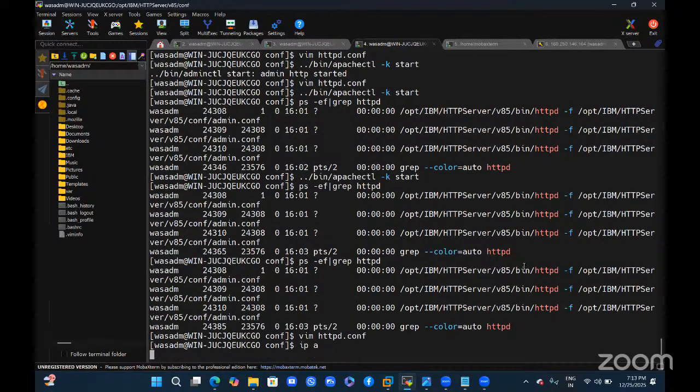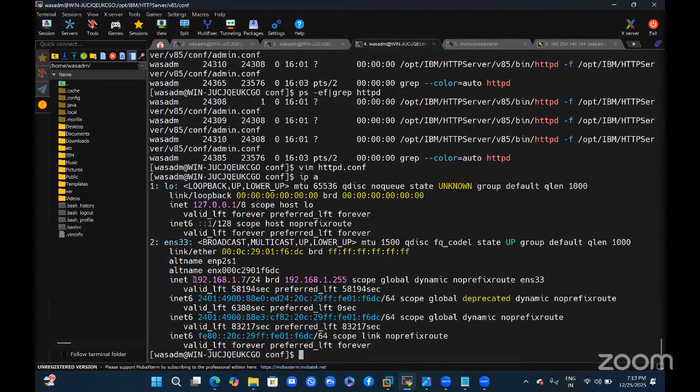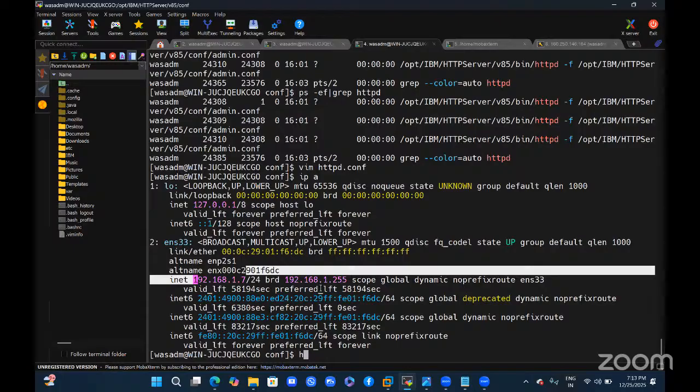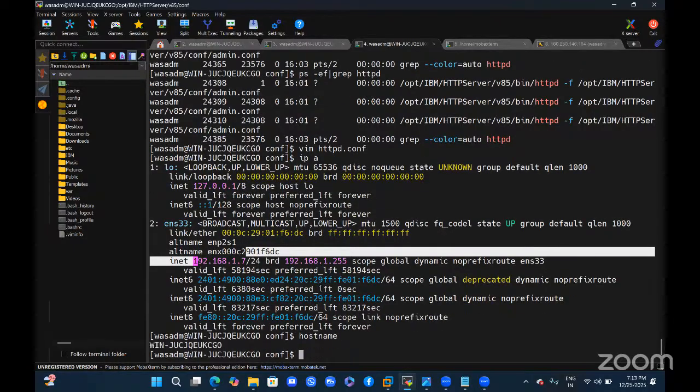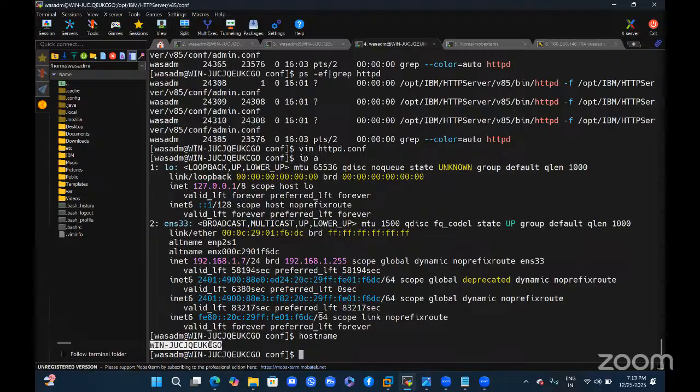IP space A. This is the server IP and host name. Why is a host name coming here? See, Windows, but we are using. I did not change any IP address or host name, but this is